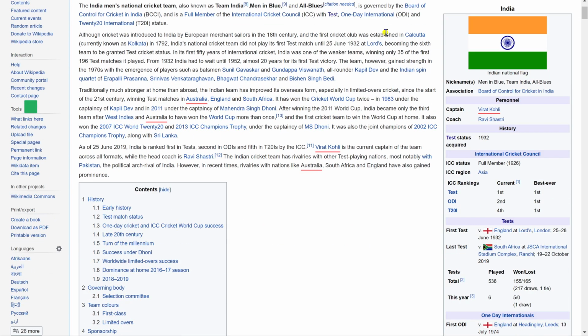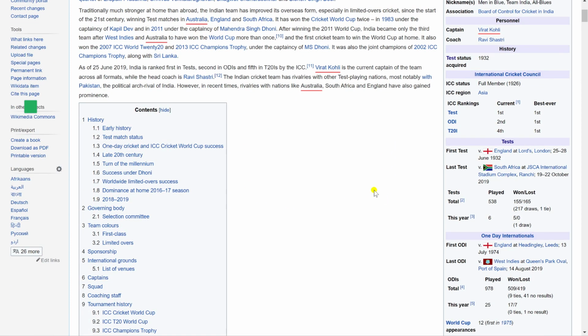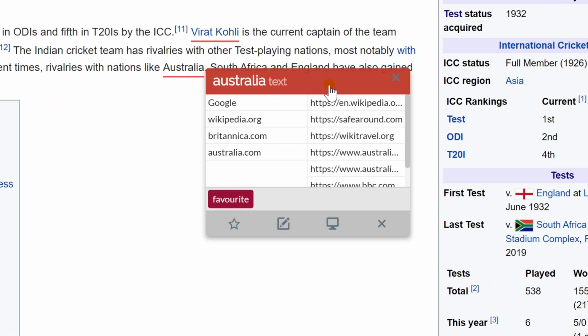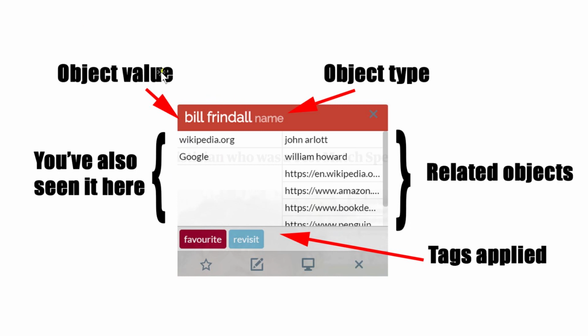So let's go back to that wiki page where we were, right? So here we are. Australia is now underlined and Virat Kohli is underlined. Now, when you hover over that underlined text, you'll see that it brings up what we call the heads-up display. And this thing is broken into two different sections. Actually, let me find this over here, because that explains it really nicely. You'll see there's the object value and the object type. So if we go back to it,